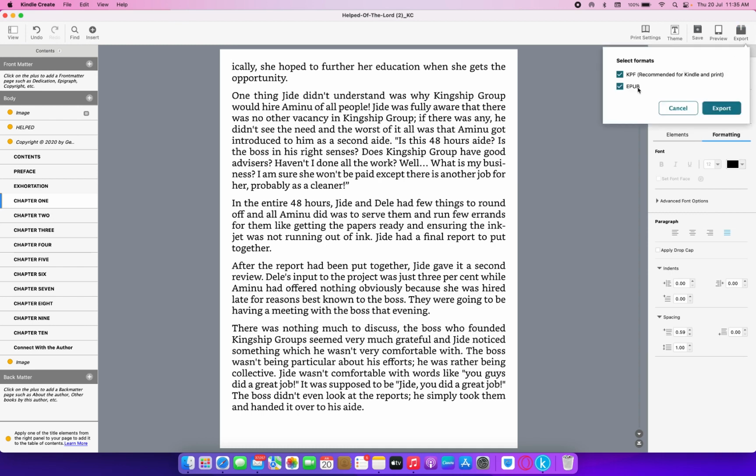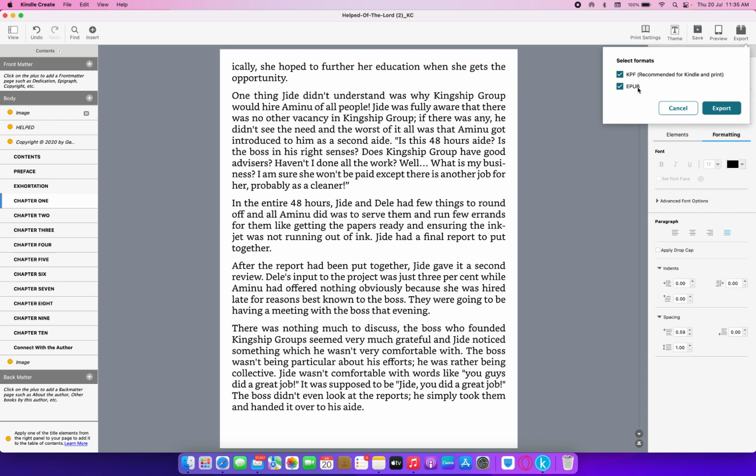Now, one of the good features of this Kindle Create is that initially Kindle was not allowing people to format books with Kindle Create and publish on other platforms. But the good news is that right now you can use Kindle Create to publish on other platforms, and I'm going to show you how, because we are still going to look at how to put your books